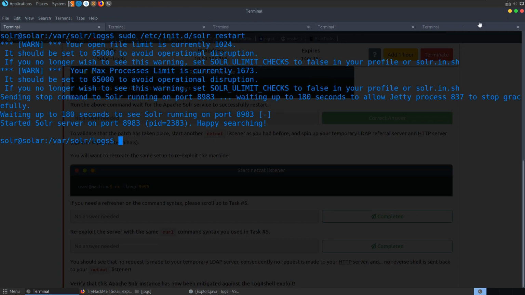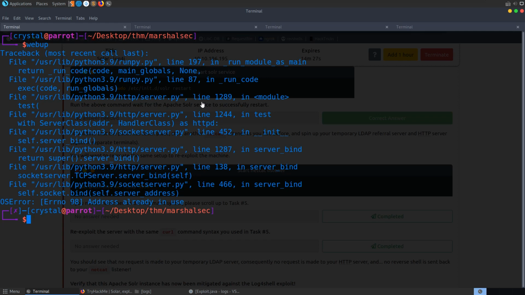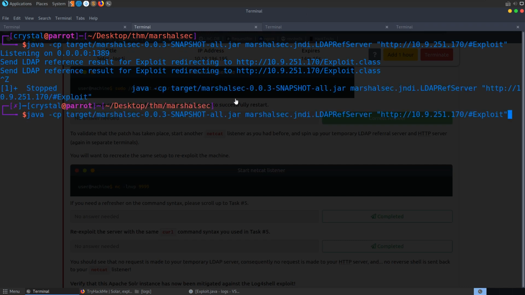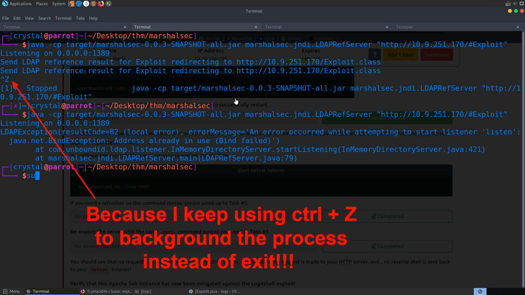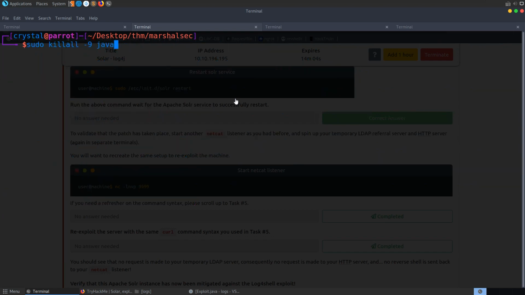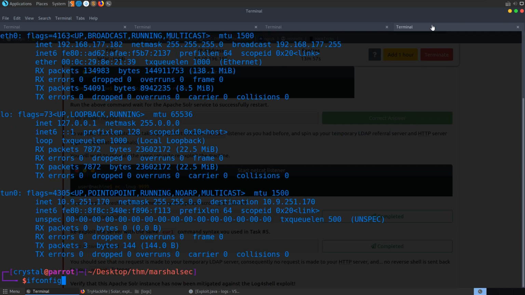I'm going to close down this terminal. I'm going to just restart our HTTP server. Sudo kill all -9 Python. There we go. Okay, I'm going to stop that and start that as well. Kill it all. You can see my method of restarting programs is very legit. Okay, that's that done. We need to launch our netcat server again,